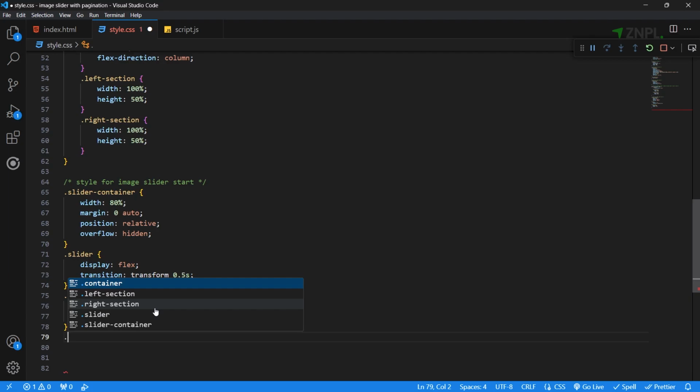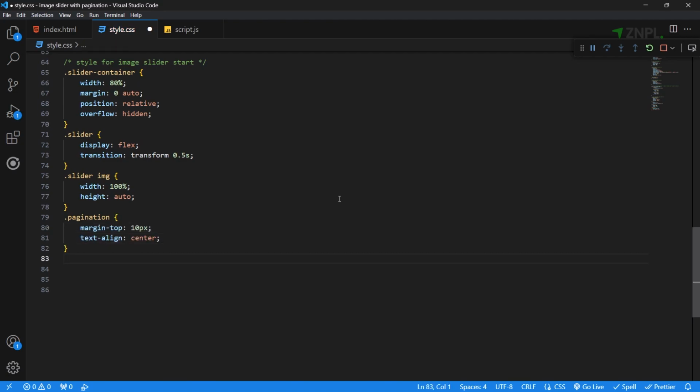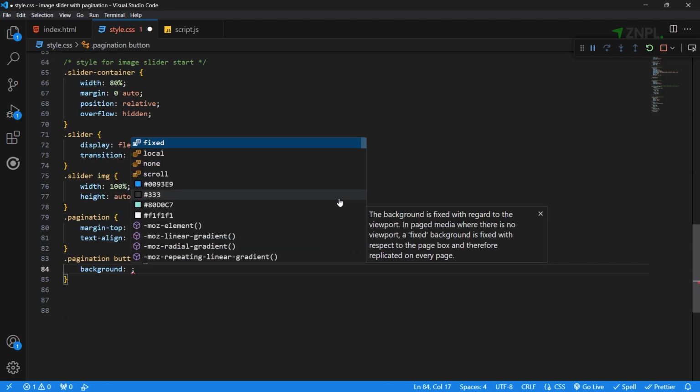The pagination class is used to center align the pagination buttons, and each button is styled with a background color and some margin for spacing.